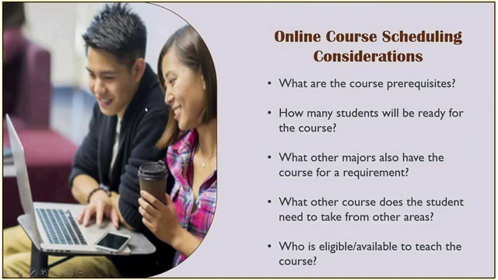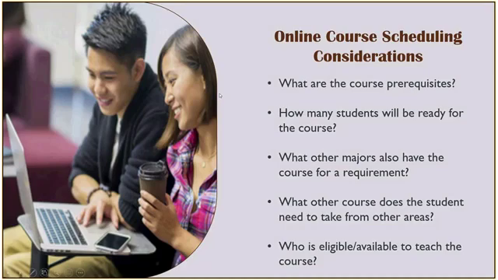All right, so starting off with some of the considerations you need for online course scheduling, a lot of things go into this. Course prerequisites: you need to know what prerequisites are needed for certain students so they can take courses after that, how many students will be ready for the course, so how many have taken those prerequisites and how many can take each course. Other data is like what other majors also have that course as a requirement, because a lot of courses go for multiple majors. So there's a lot of data that goes into online course scheduling. So you can see there could be a lot of problems that go with this.